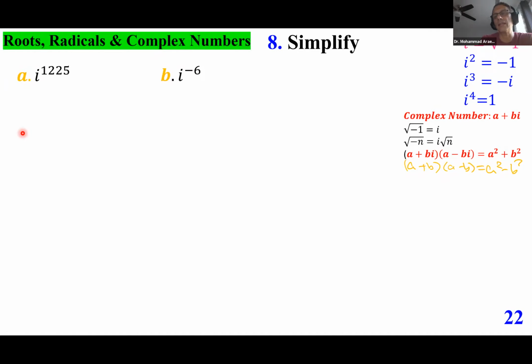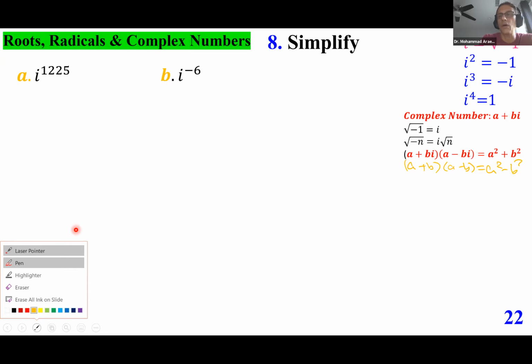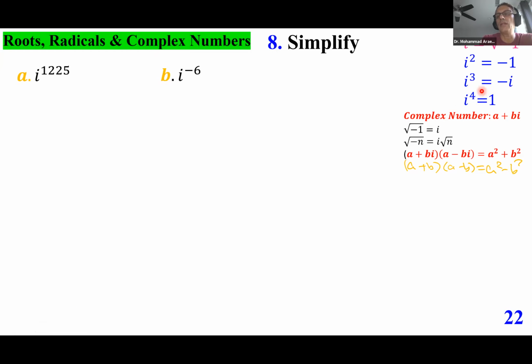How do we simplify that? We went over this and we notice i to the power of 4 is 1. Therefore, if the power is a multiple of 4, it's also 1. So even if I have i to the power of 8 or i to the power of 80 or i to the power of 800 or i to the power of 40, all of them equal 1. So with that being the case, what is the best course of action? It's very simple. Divide this exponent by 4